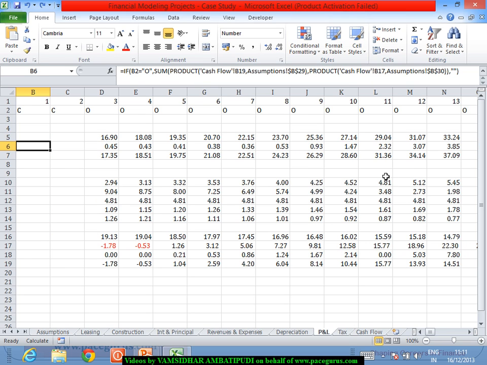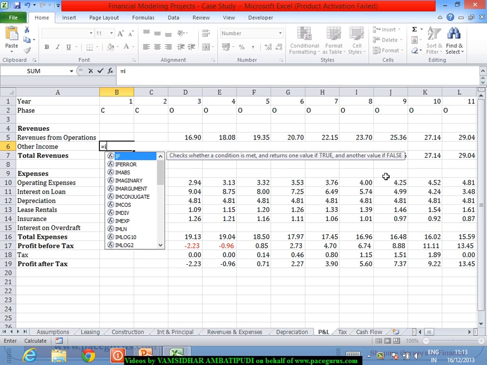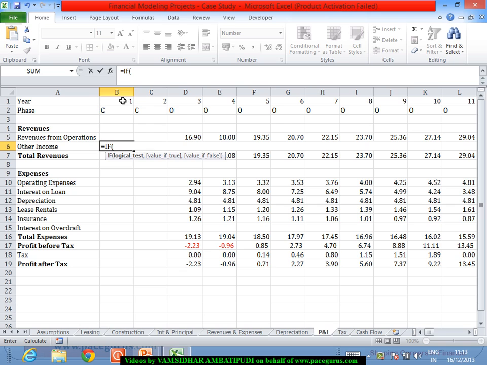Okay, let me revert back on the formula. Okay, let's try out this formula, saying if this is equal to O, let me just do it step by step. If this is equal to O, I am considering